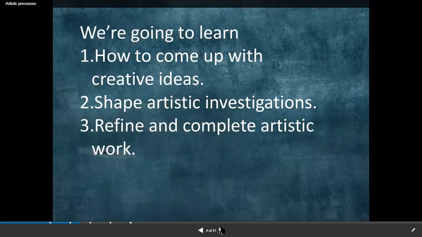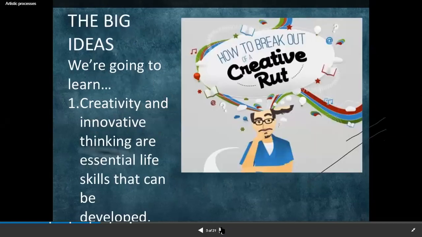In this time, we're going to learn how to come up with creative ideas. Number two, shape artistic investigations. And third, refine and complete artistic work. The big ideas we're going to learn will have also, number one, creativity and innovative thinking are essential life skills